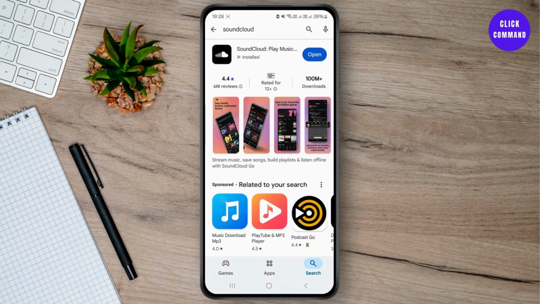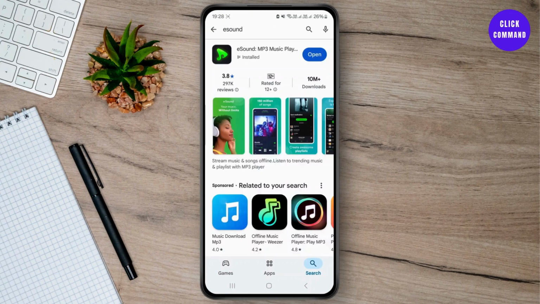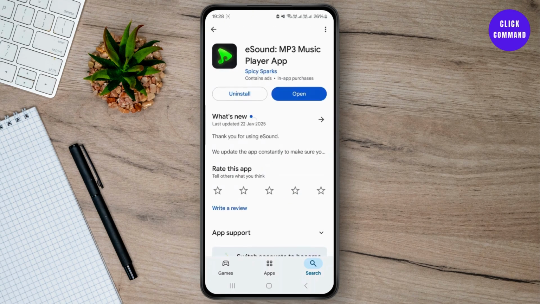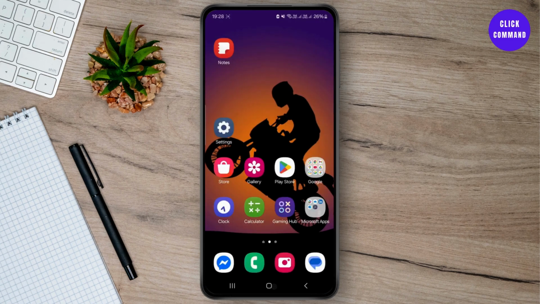to do is just head over to your Play Store and search for the eSound application just like this, and make sure you have successfully updated your application. So once you have successfully updated your application, the next thing you can do is head over to your